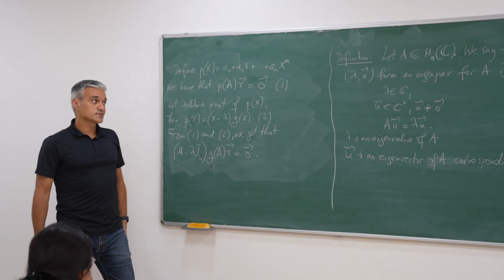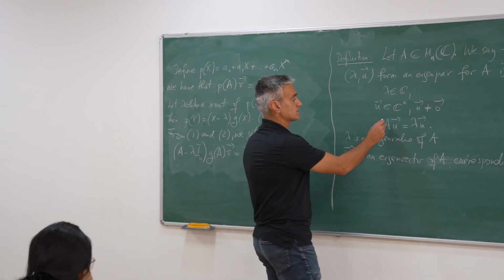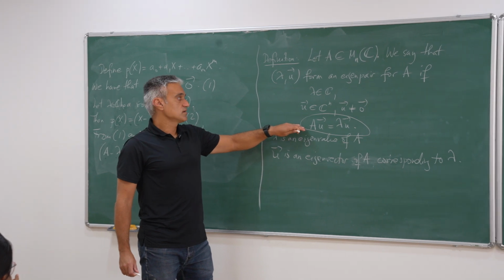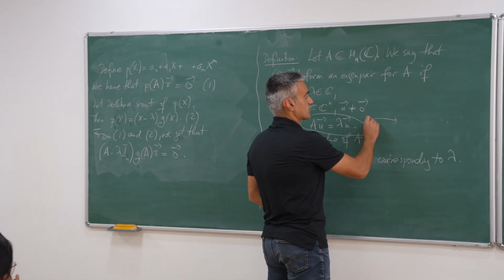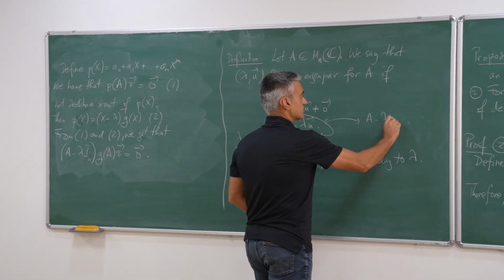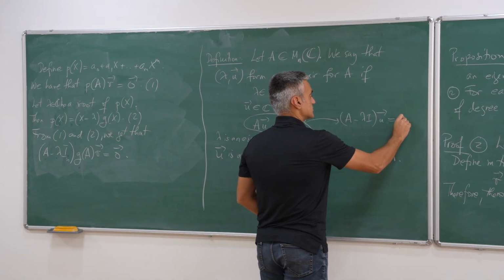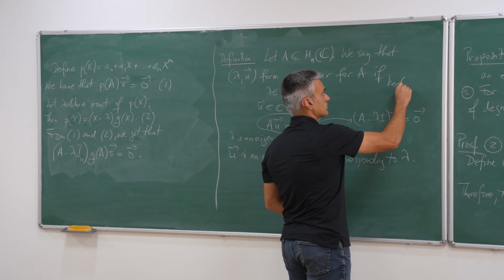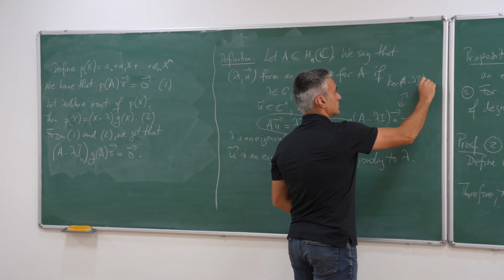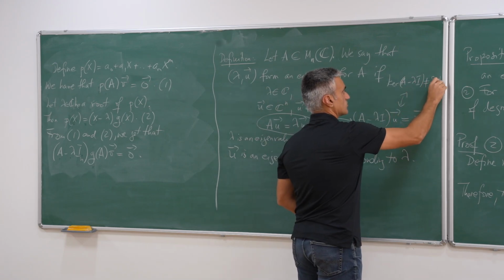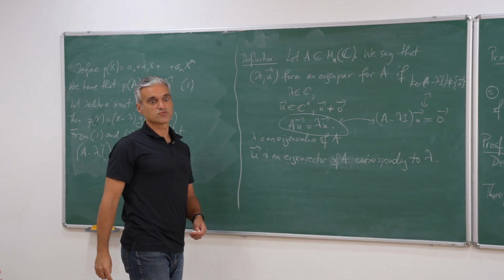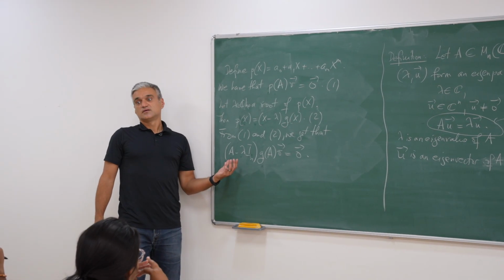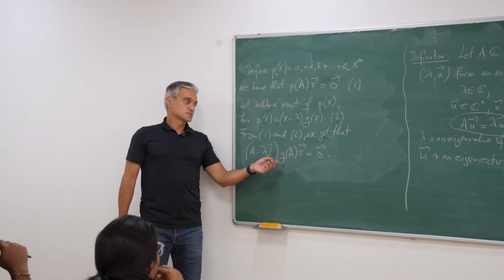Okay. So this looks very much, I mean, here we didn't quite say it, but you've probably seen it before. Au equals lambda u is the same thing as A minus lambda identity applied to u being 0, which is the same thing as the kernel of A minus lambda I being not trivial. You have something that is not just 0 in there. You have more than 0. And now here you have A minus lambda I times something is 0.